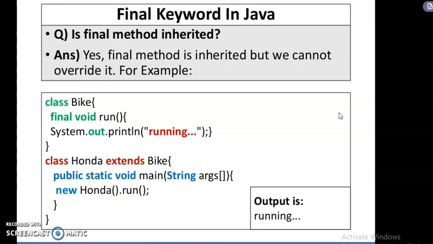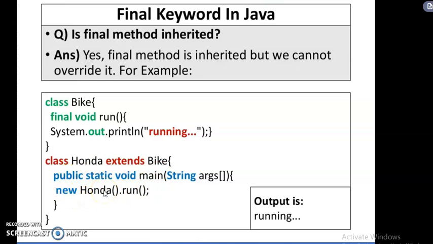So, some questions on the final keyword. Is a final method inherited? Yes, a final method is inherited, but we can't override it. Here is the example for the class Bike. Within that Bike class, run is a method, and the method is declared using the final keyword.